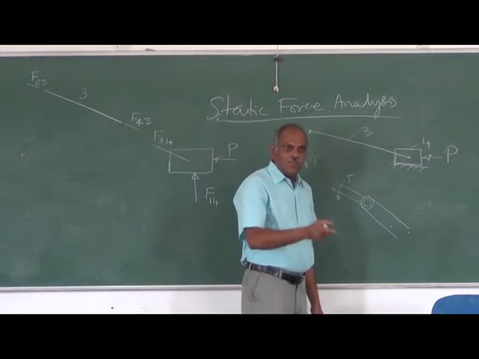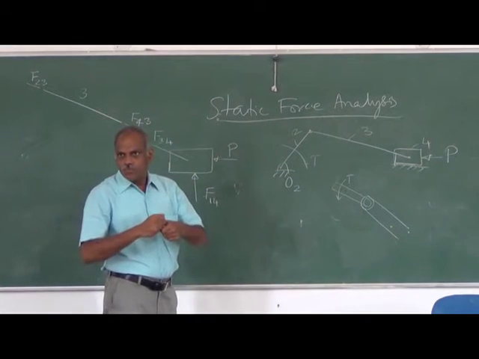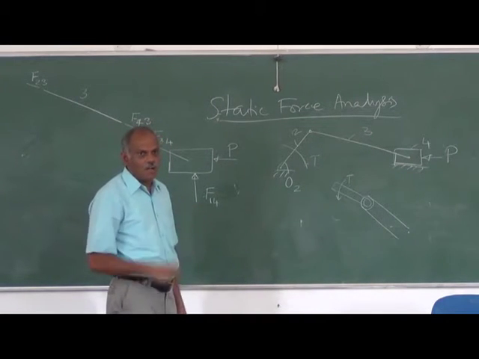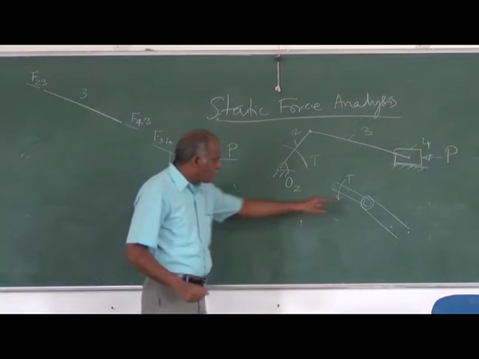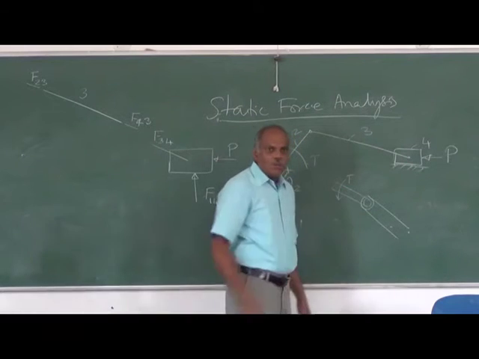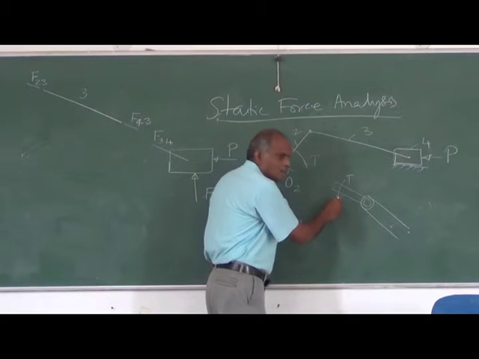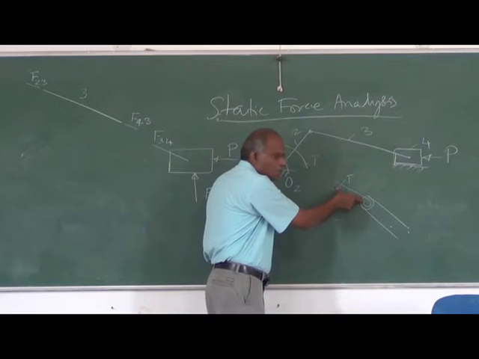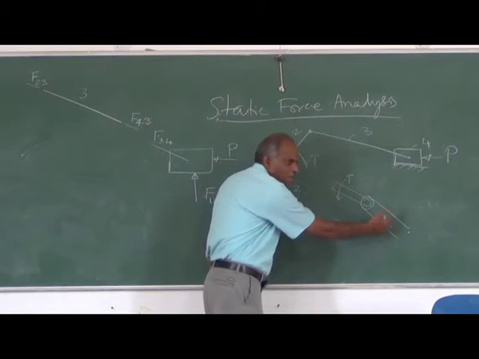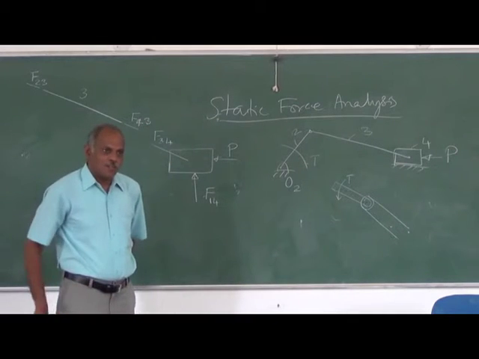So, in a constraint or in a joint between two bodies, there is a possibility to transmit both forces and torque, but if it is a revolute joint, the torque cannot be transmitted, because whatever torque is given, this particular linkage will yield to it, so torque cannot be transmitted to this. So only force can be transmitted.